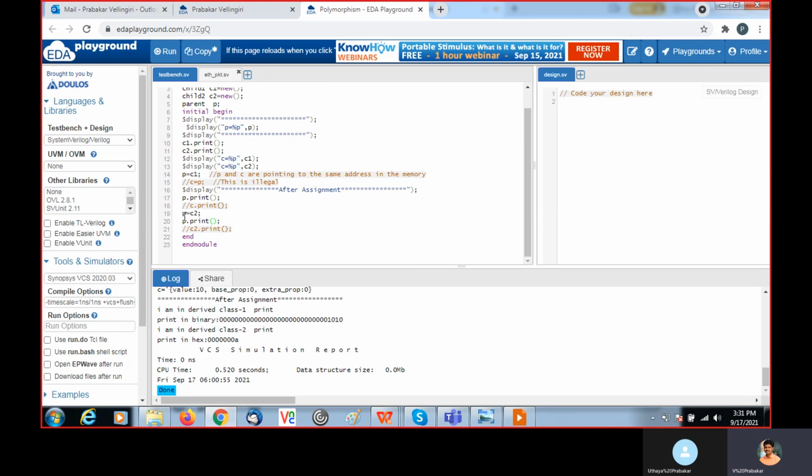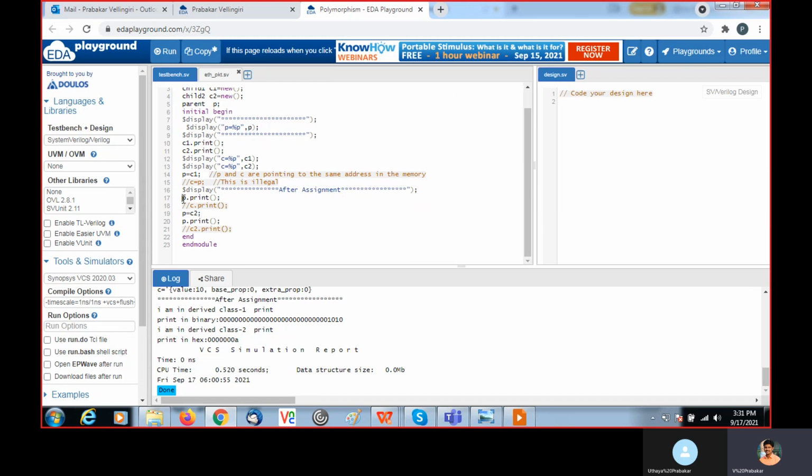Now I am assigning P equal to C2, and I am calling P print which is present in the P. Okay. So now P is pointing to C2 due to this line. Now it is printing I am in derived class 2 print, and this value 10 is printed in hexadecimal format.